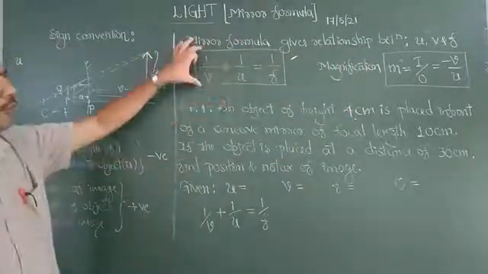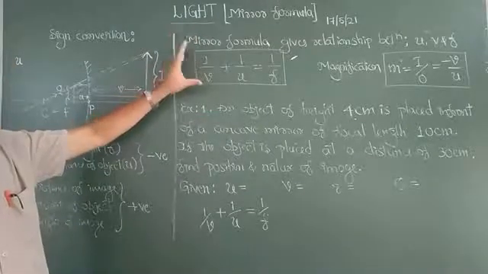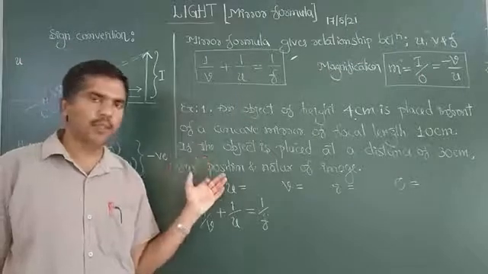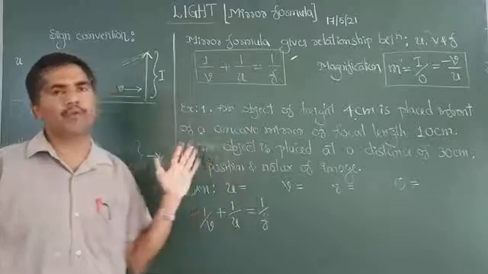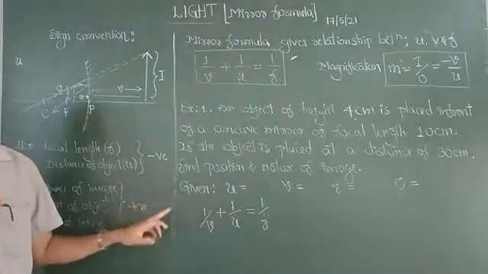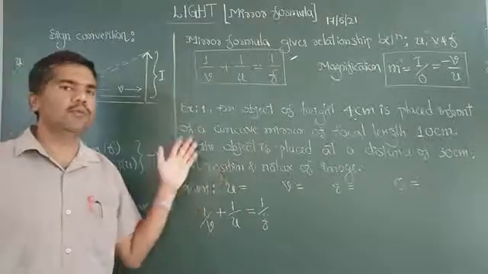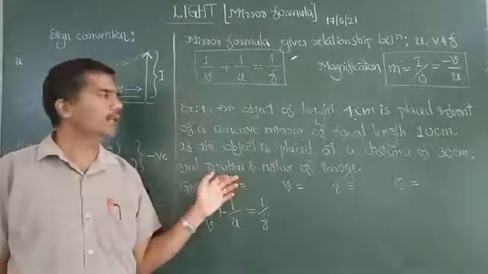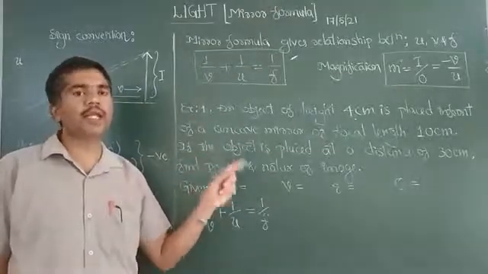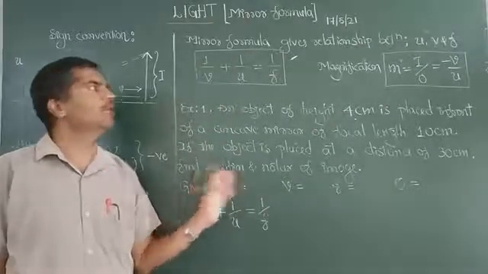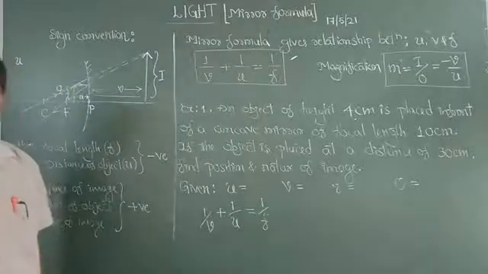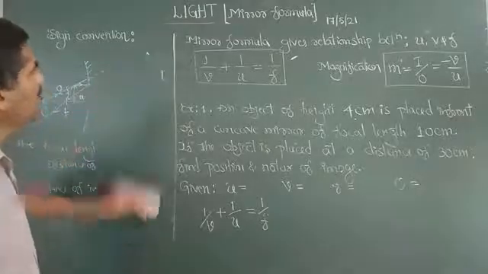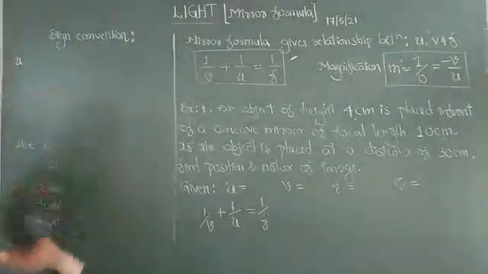Where is this formula used? It can be used to predict the position and nature of the image without an actual ray diagram. Without a ray diagram, you can understand where the image is formed, its height, its magnification, how far it is from the pole, and whether it is real or virtual, erect or inverted. All these can be studied by the mirror formula. Here is one example to show how we use the mirror formula to solve a problem.